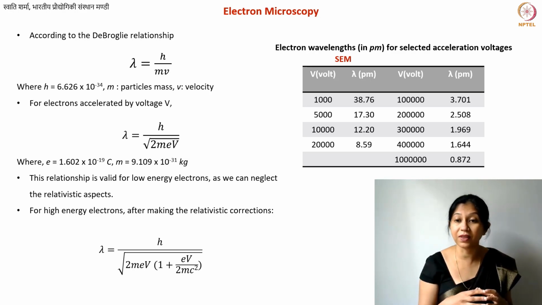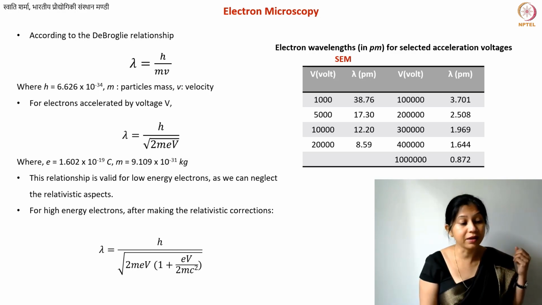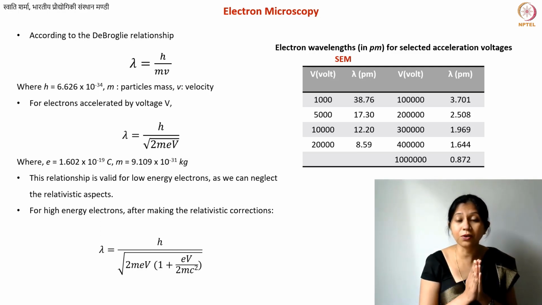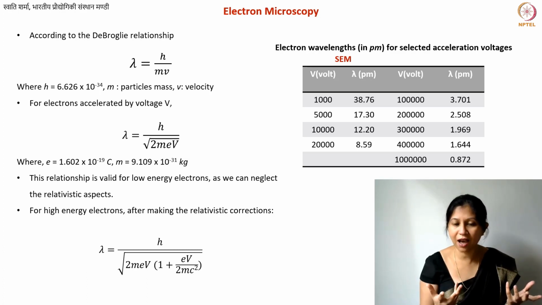Sometimes these beams of electrons can also damage your sample because, after all, electrons do have certain mass. While imaging your sample, you may end up inducing defects. In that case, you will not be sure whether the defect was already there in the material or is because of what you did to the material. So all of these things need to be factored in. But you see that the wavelengths are in the picometer range. That means the imaging is not really wavelength limited. In terms of wavelength, we have a lot of flexibility. We can go all the way to the picometer region.